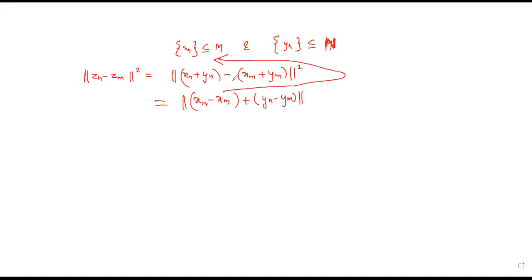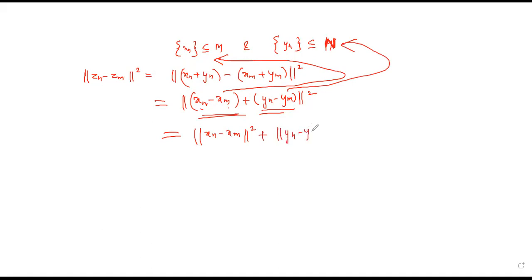xm है ये M के अंदर है, because ये दोनों यहाँ वहाँ है पूरी की पूरी सीक्वेंस, तो उसके दो मेंबर्स का डिफरेंस भी उसी में होगा क्योंकि वो सब स्पेस है और ये N में बिलोंग करता है, ये म्यूचुअली, और ये वेक्टर इस वेक्टर के साथ ऑर्थोगोनल है, so this is the same as norm of xn minus xm का स्क्वायर plus norm of yn minus ym का स्क्वायर, and you have to remember that